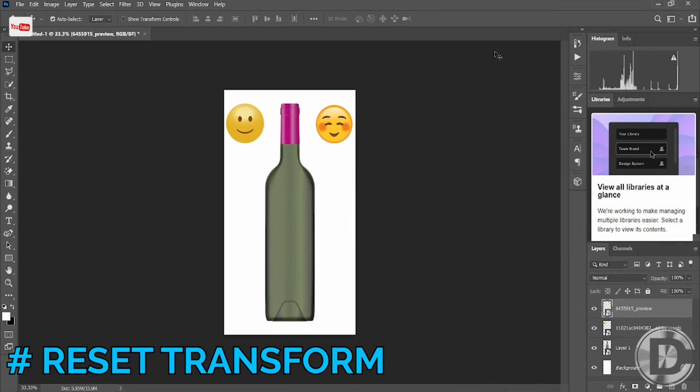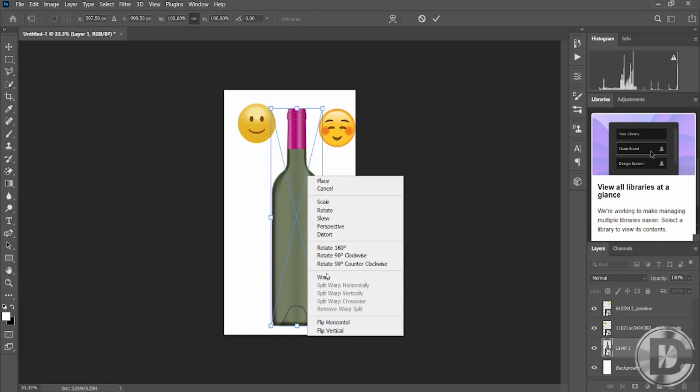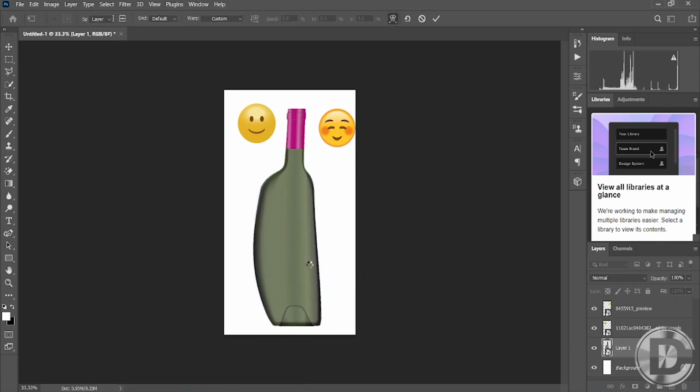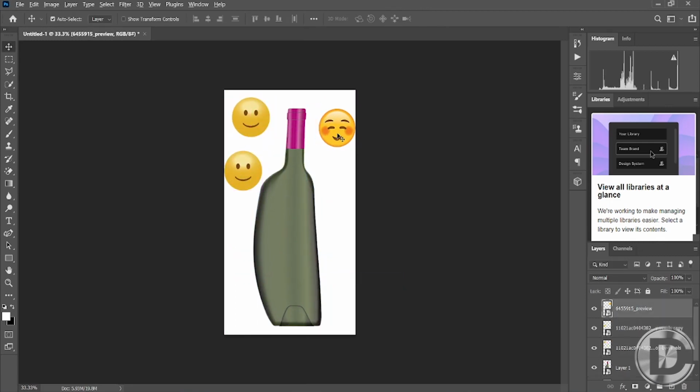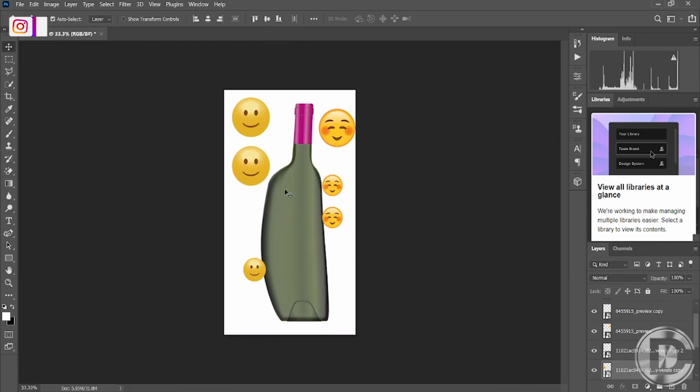Reset transform. This feature works very well for Photoshop manipulation. Here I am transforming my object and also the layers above it. But what will happen if you want to retransform only a particular layer and don't want to change anything else? You can't undo all your work.